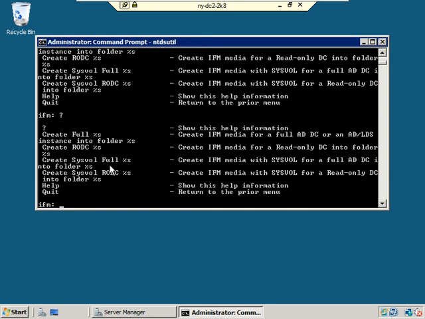So what we want to do is create a full IFM media set so that in the instance of a domain controller completely blowing up, we can recreate a domain controller using literally a DVD or CD-ROM, if you will. But chances are a CD-ROM isn't going to handle that much data. So we'll go ahead and we'll create sysvol